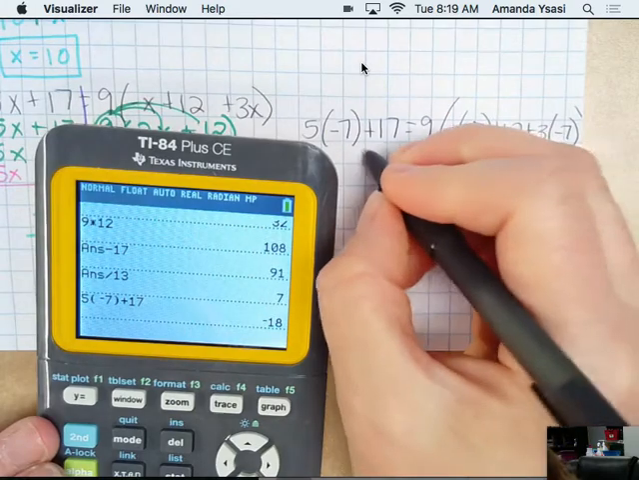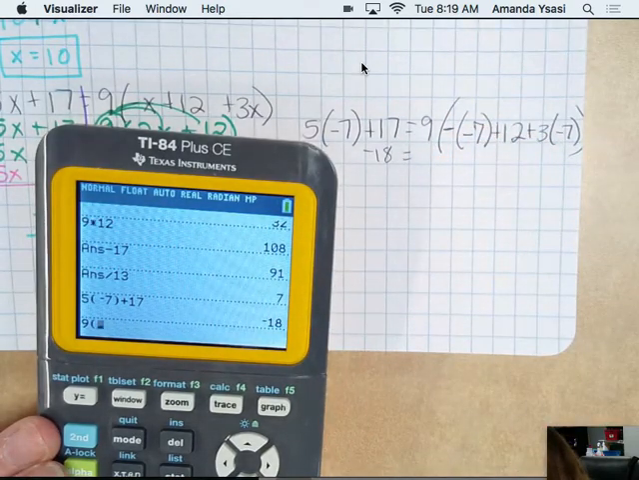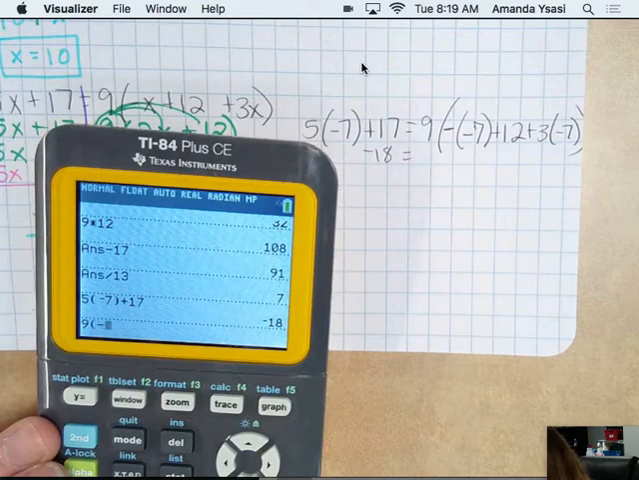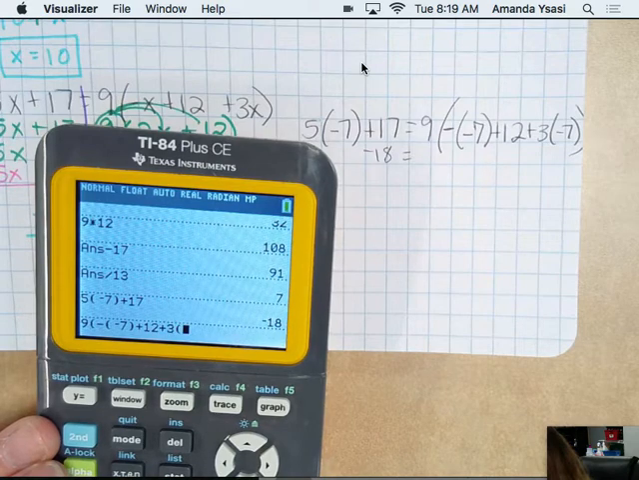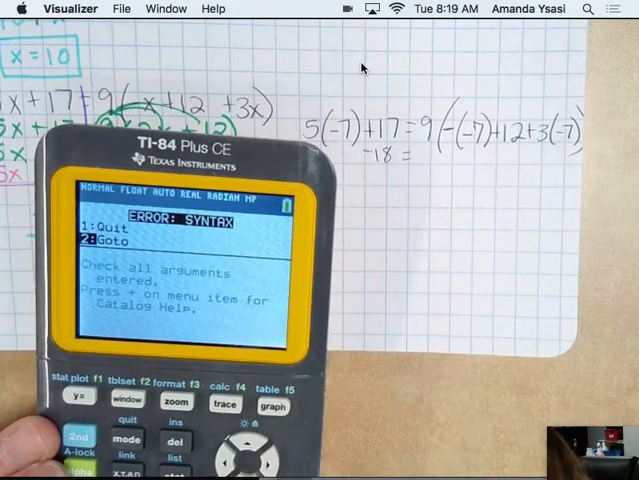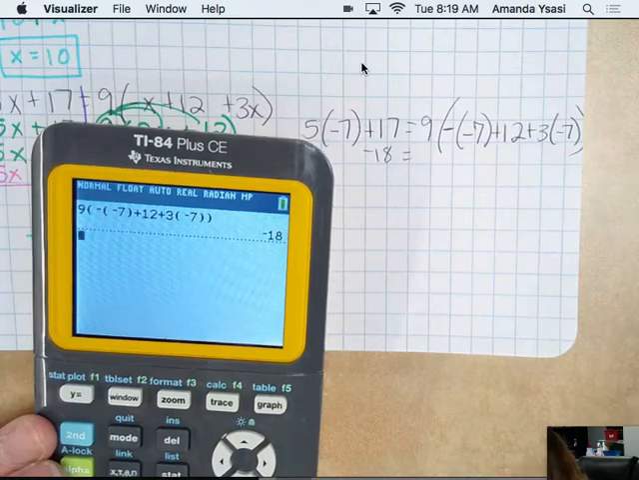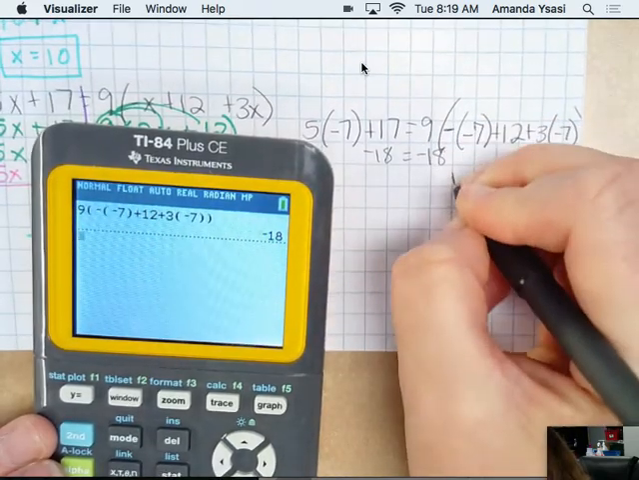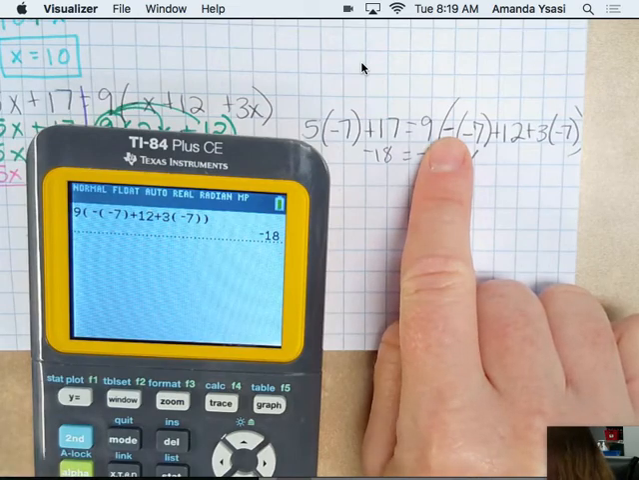So that'd be -18 equals 9 parentheses minus parentheses -7 plus 12 plus 3 times -7. Oh, I messed up somewhere. Oh, that would be a negative. There we go. -18. So whenever you plug this in, see how there's a minus already there because it says